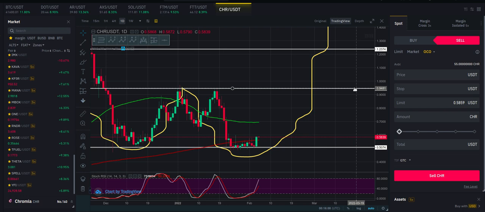So if, using the last example I used, you bought $20 worth of Chromium at 0.50, which will give you about 40 Chromium, and you believe that if it comes to 0.70, or 0.80, it should sell it for you. At that point, this price is going to be the take profit, your target price that you want to sell. So at that point, you come here and type